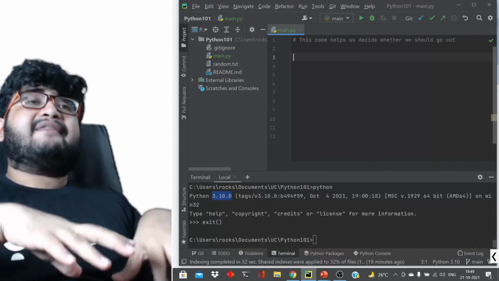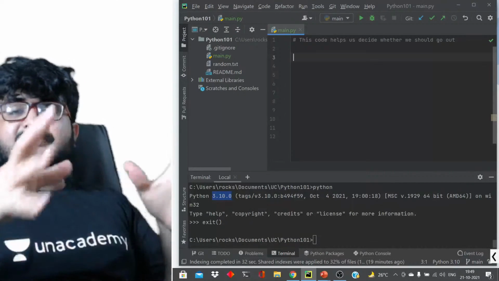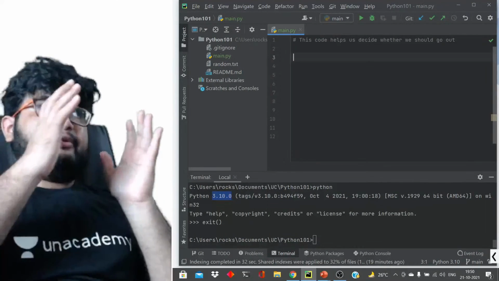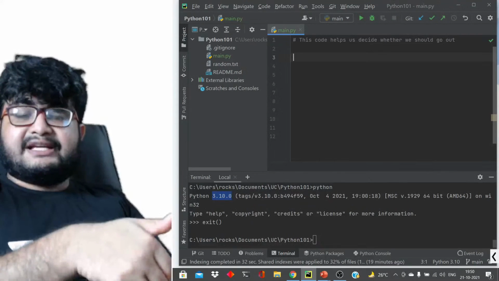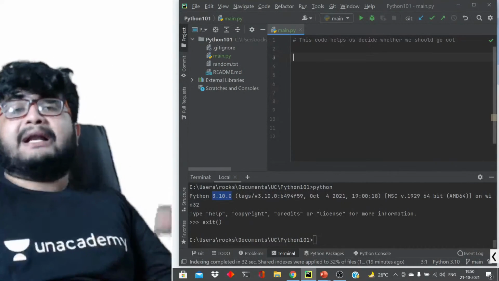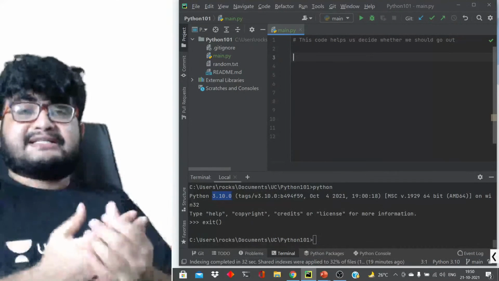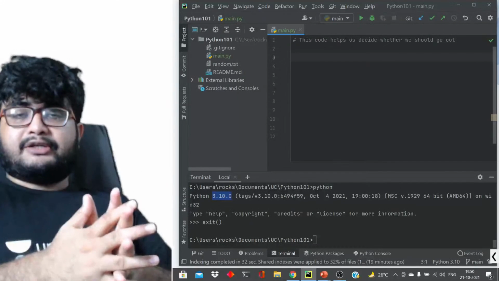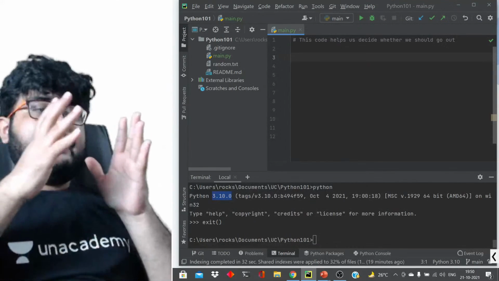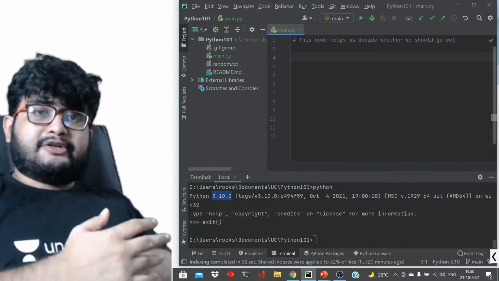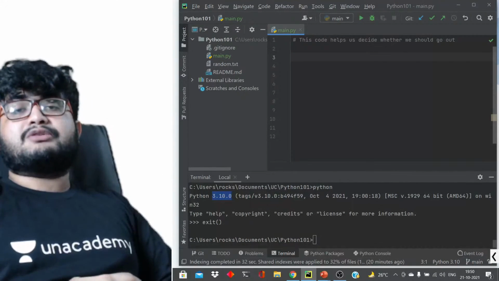So let's say you have 1,000 lines of code, right? You have 1,000 lines of code written together. Which one is easier to understand? Is it easier to understand 1,000 lines of code, or, let's say, 100 lines of code broken down into multiple functions, where each function does something? Obviously the one broken down into multiple functions, because at a time you just have to understand 100 lines of code. Otherwise, if you don't break it down into functions, you have to understand 1,000 lines of code.